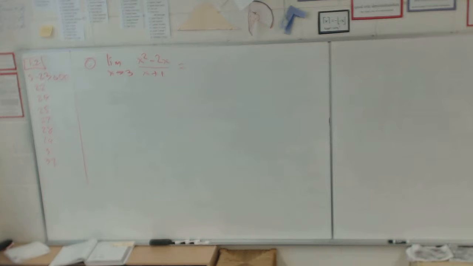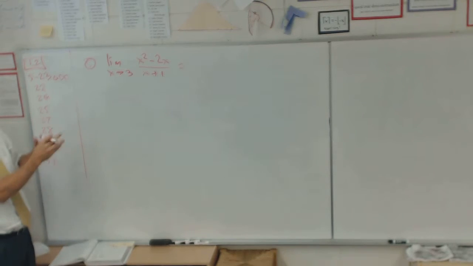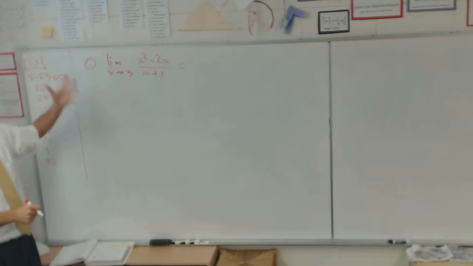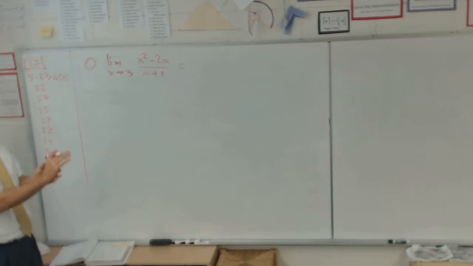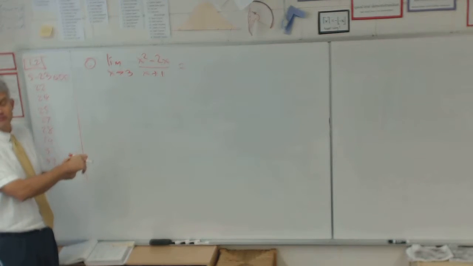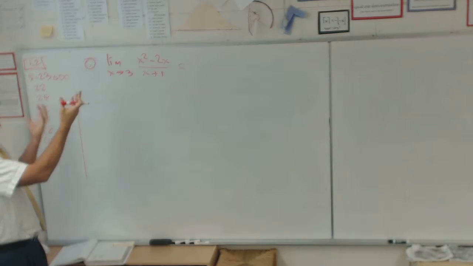Okay, the first thing we're going to do when we do limits algebraically is just plug it in. If we get a number, we're done. If we get 0 over 0, we're going to do algebraic manipulations. If we get some number divided by 0, we're going to think it's going to infinity. Is it going to positive infinity, or negative infinity, or does it depend on which side